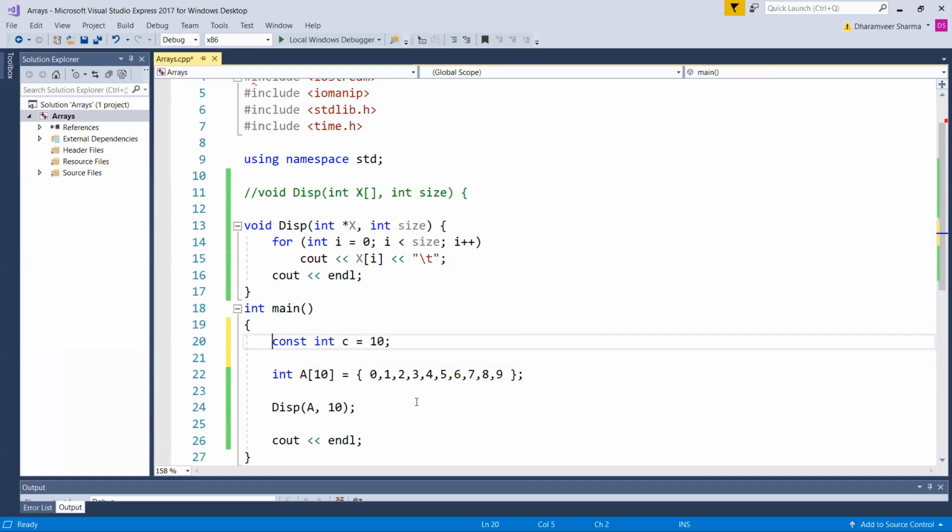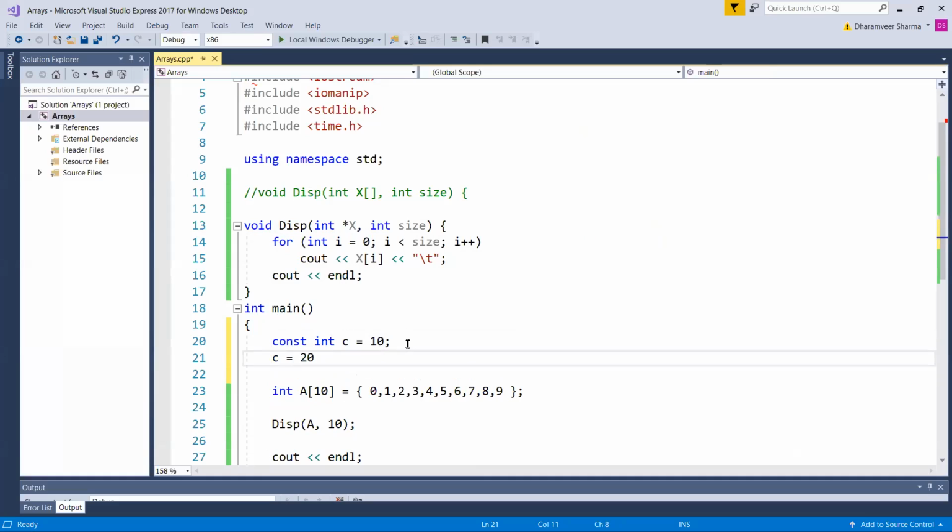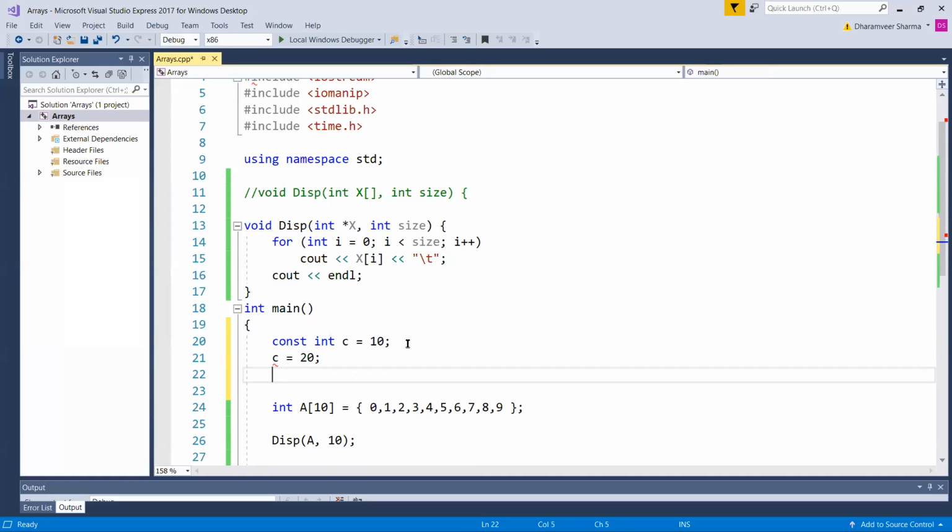When you declare an identifier as a constant, it means its value is to be given there itself, जहाँ उसकी declaration है उसे ही value दे देनी है, and then that value cannot be changed. C is equal to 20. Can we do it? No. You can see here it is giving a message that expression must be a modifiable L value. It means जो left side से value है assignment statement के left side से जो value है वो modifiable होनी